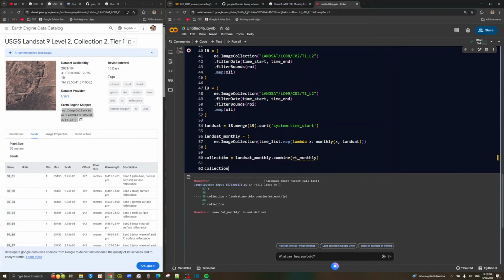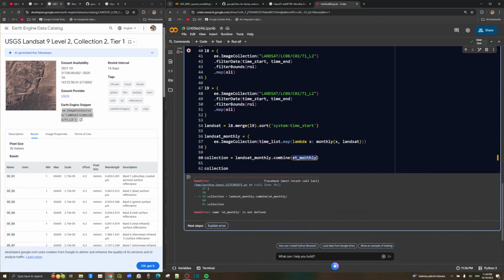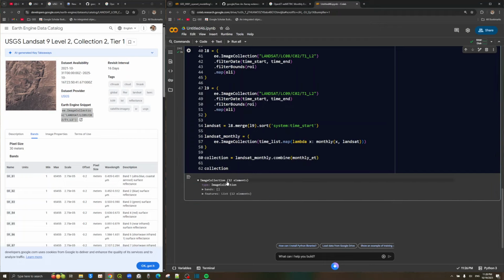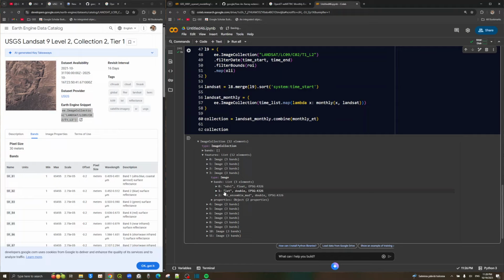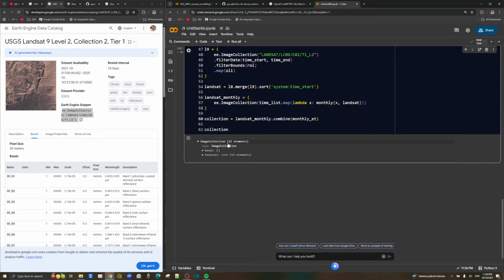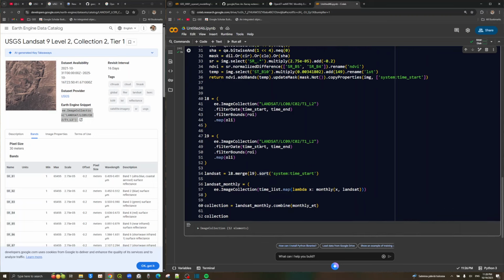Let's call the collection. The ET monthly not defined. Month, it was monthly ET. Monthly ET. So again, we have 12 elements with 3 bands for every month. NDVI and LSD as predictors and ET as the original variable. So the data set is now ready and we can start the modeling or training the ET